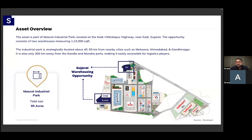This is spread across 123,000 square feet. And this is how the park is. You can see it's fully done up. It's totally loaded, and it's a fully functional park, 85 kilometers, 50 odd kilometers from Ahmedabad. And you'll see the large tenants out here who have approved vendors for the original equipment manufacturers and the